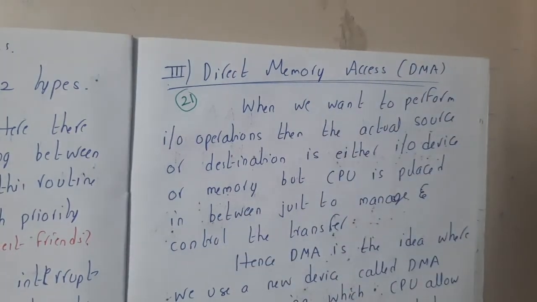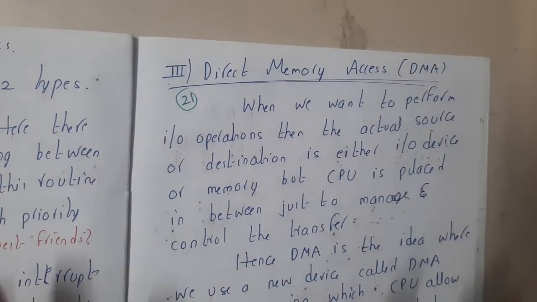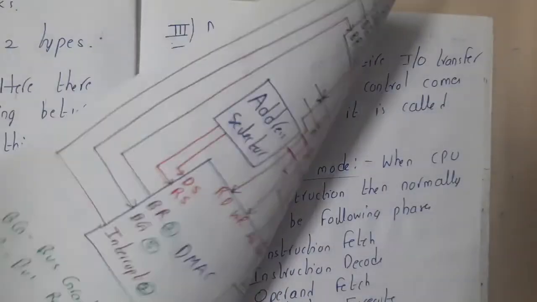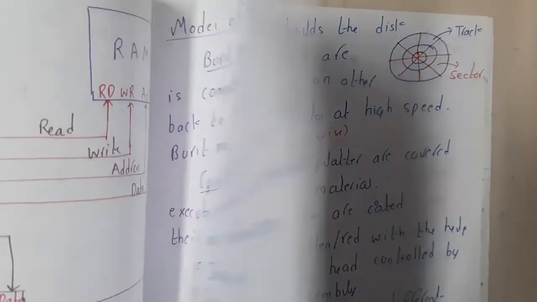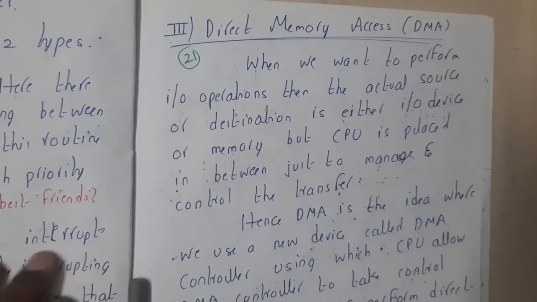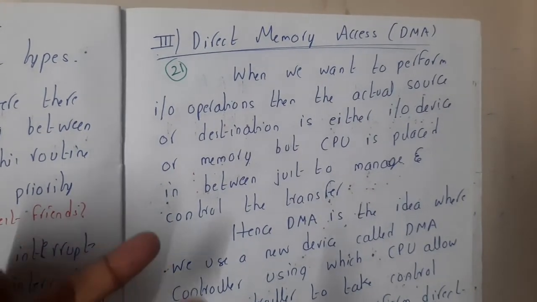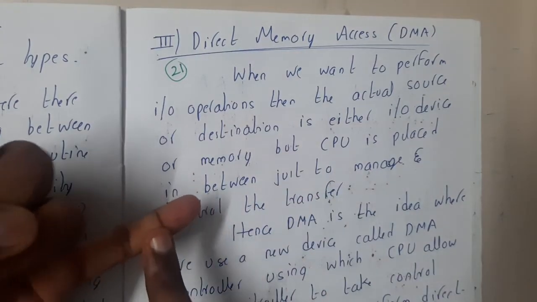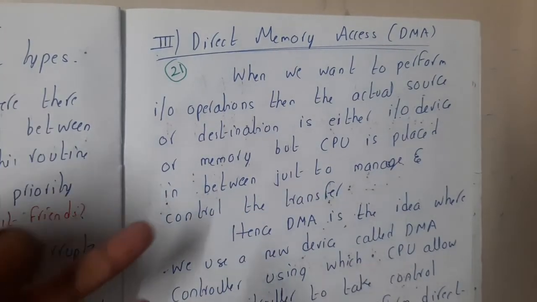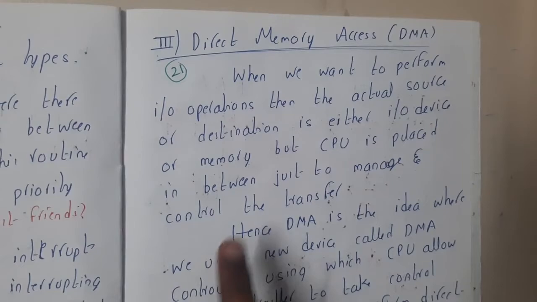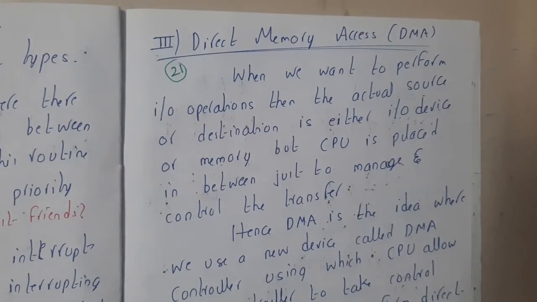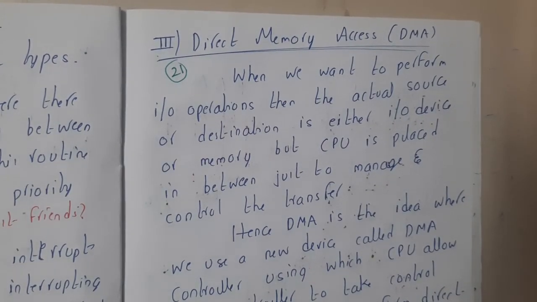That is the reason why I hope everyone will attend the next lecture, where we discuss how DMA works. I think I'll be taking one example. If not, I will discuss it anyway in the PYQP, so don't worry. I hope everyone got a clear idea with respect to programmed input output and interrupt initiated input output. In the next lecture, let us discuss the last type, that is direct memory access, DMA. Let us meet in the next lecture.